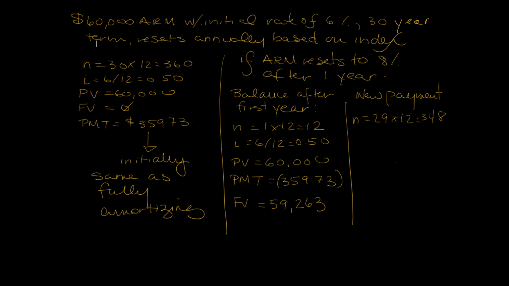So 29 times 12 would give us 348 payments. The interest rate now is going to be 8 divided by 12, or 0.67, and the present value will be that outstanding balance of $59,263. The future value will be 0, and we'll solve for the new payment and get